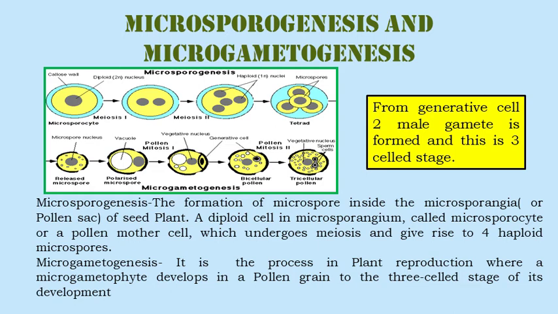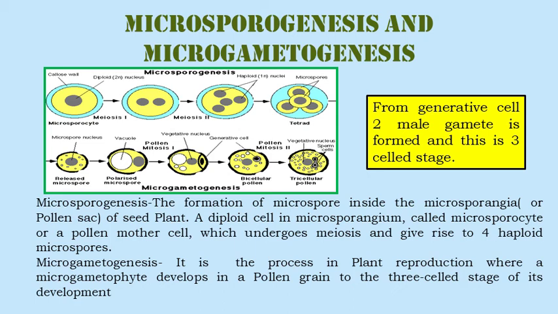Here have you seen that this releases macrospores? That means in the previous diagram in macrosporogenesis we have seen the last diagram, that is the macrospore tetrad. From here you will take one released macrospore, that means one released male spore. Then it will undergo mitosis, and then in the cell we will get a vacuole and a nucleus. Okay, this again undergoes mitosis and it will form 2 cells.